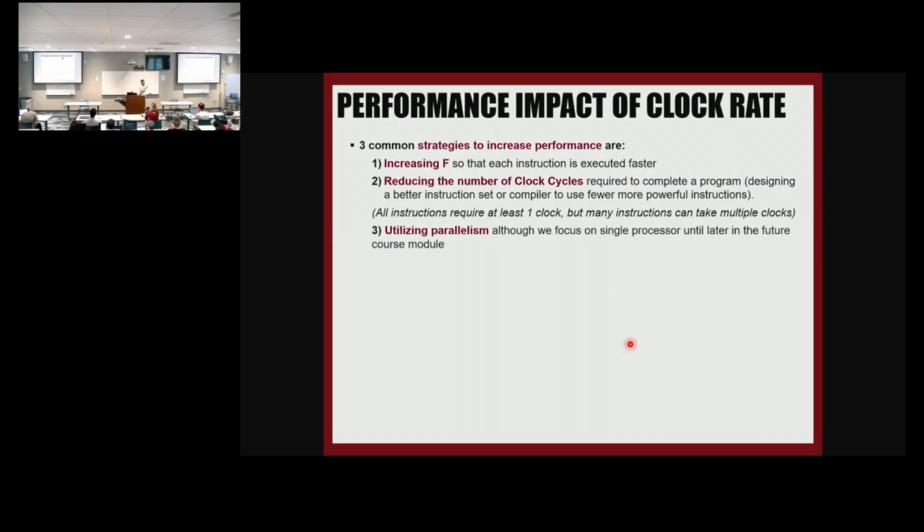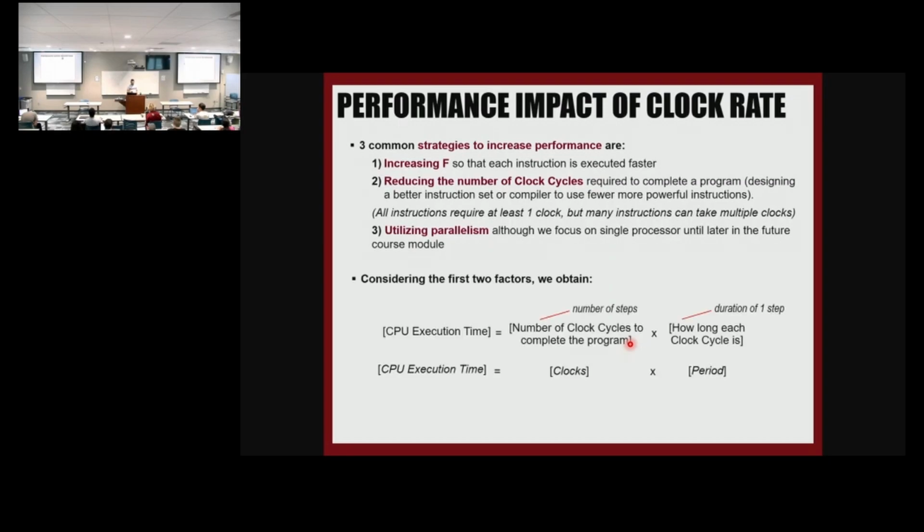And the other thing is using parallelism. We're not going to talk about it because we do have a module on parallelism to increase the performance, but there's one to mention here because we did talk about it a little bit. So just a reminder. So now,